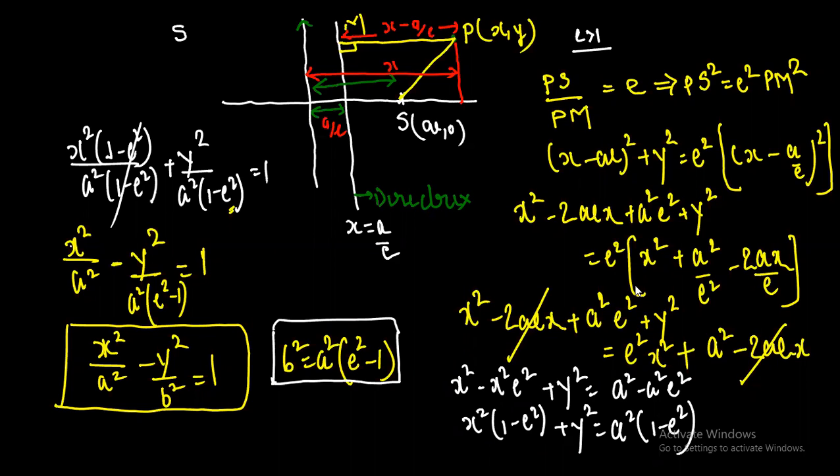इसमें हमने क्या लॉजिक लगाया, एक जनरल पॉइंट P ले लिया। अब इस जनरल पॉइंट को फोकस कंसीडर कर लिया (a,0)। अब डायरेक्ट्रिक्स जो था वो था x इक्वल टू a बाई e। अगर देखें तो फोकस में e मल्टीप्लाई हो रहा है, a कोऑर्डिनेट e मल्टीप्लाई हो रहा है और इसमें e डिवाइड हो रहा है और e ग्रेटर देन 1 था। इस वजह से